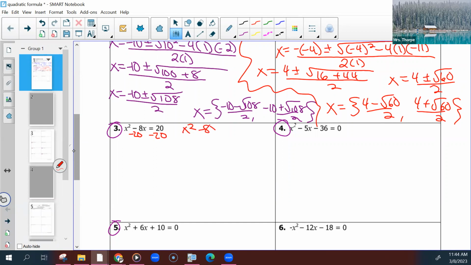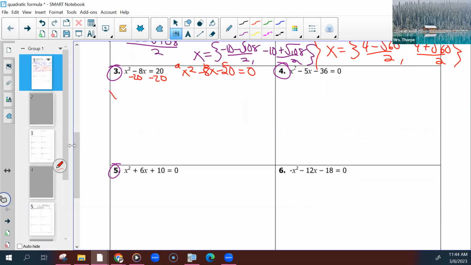X squared minus 8x minus 20 equals 0. Then you can label your A, B, and C. And then start to put everything in your formula. So x equals negative b, but it's already negative. Plus or minus the square root of negative 8 squared minus 4